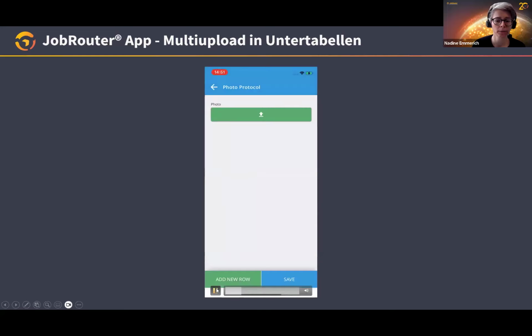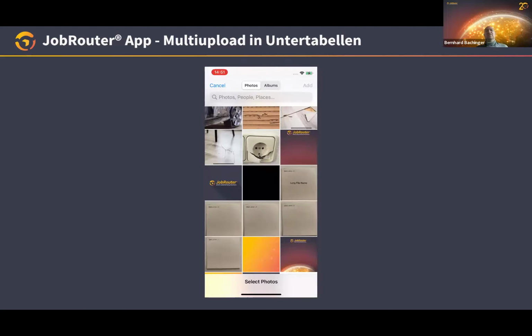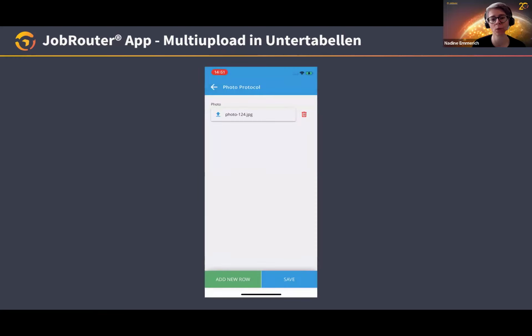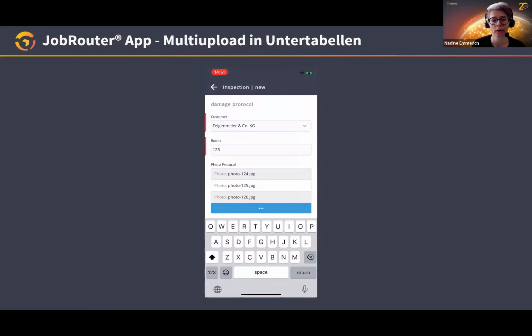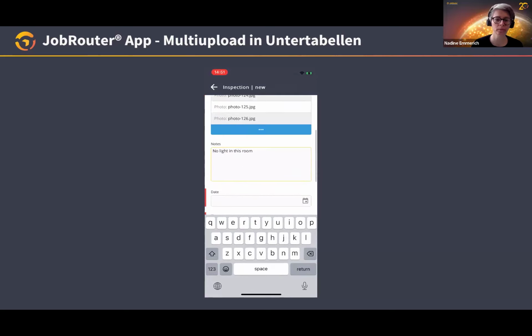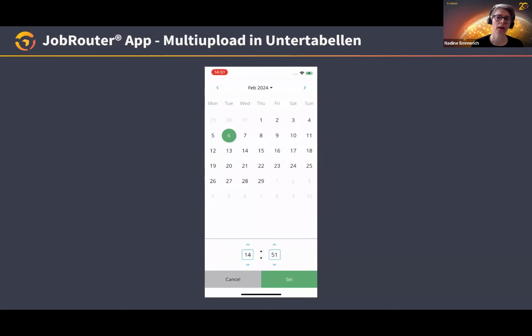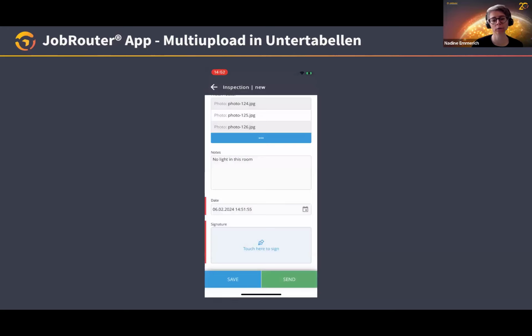Sorry, it took a while, it started from the beginning, so that's where we were. No problem. So I choose from my device the photos I want to upload. I upload them, and with each photo, the app will create one row. When I go back to the form, you can see the photo protocol in there, and I have one row per photo. I can add a note, a date, a signature, for example,